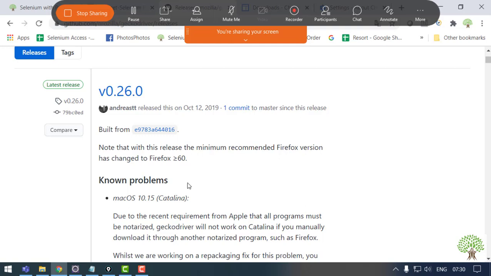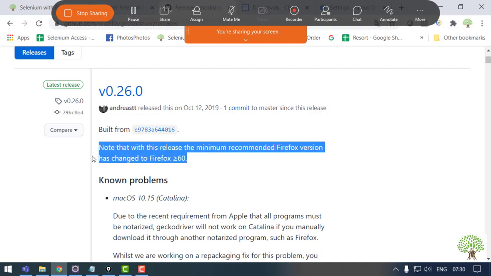In Firefox, you just need to be careful about one thing. Over here, version does not matter that much, because the very first thing in the note says that if your version of Firefox is above 60, then all the exes given here are going to work fine.